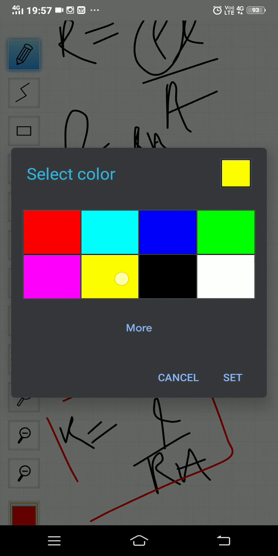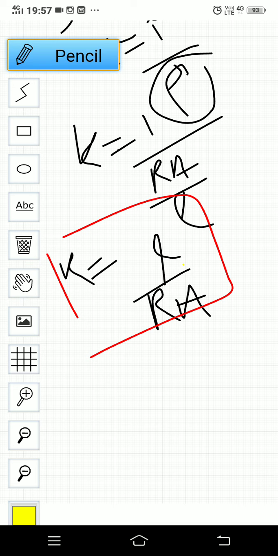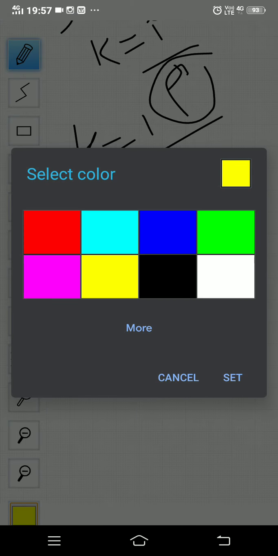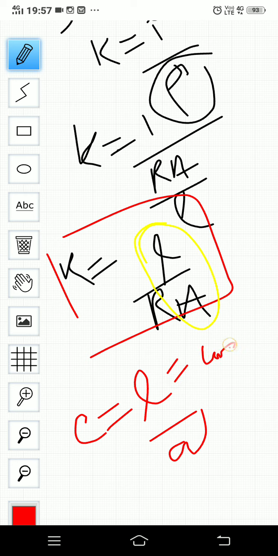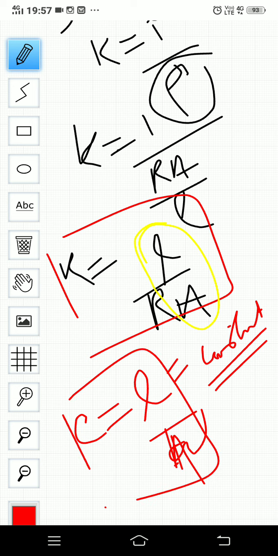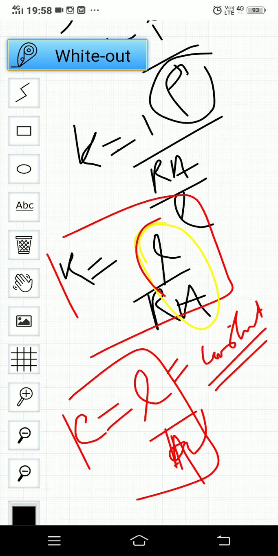Okay, in order to make a more particular value, we will replace this L by A as a constant. This L by A is a constant. So since it is a constant, we can write it as C is equal to L by A. We'll come to it later on in the next portion, but till this much we have to know that C, which is equal to L by A, is a constant. Okay, so in place of C is equal to L by A, here we can put the value of C.